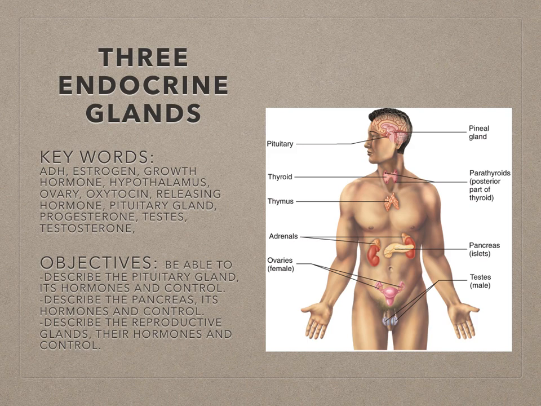So we're going to talk about the pituitary gland, which is in the cranial cavity up there. Actually, it's kind of two glands. And then we'll talk about the pancreas in the abdominal pelvic cavity. And then we'll talk about the ovaries and the testes, which are the reproductive glands. And so we're going to go over each of these three glands, kind of the structure, the function, and talk